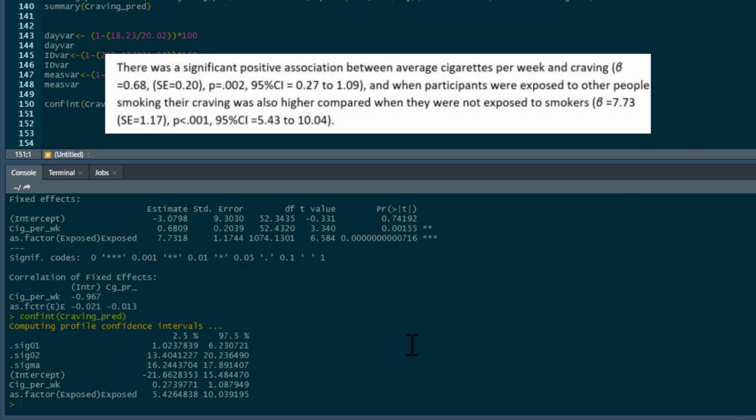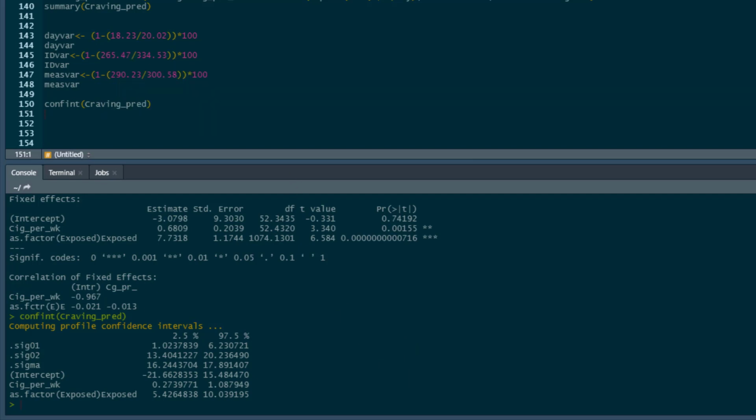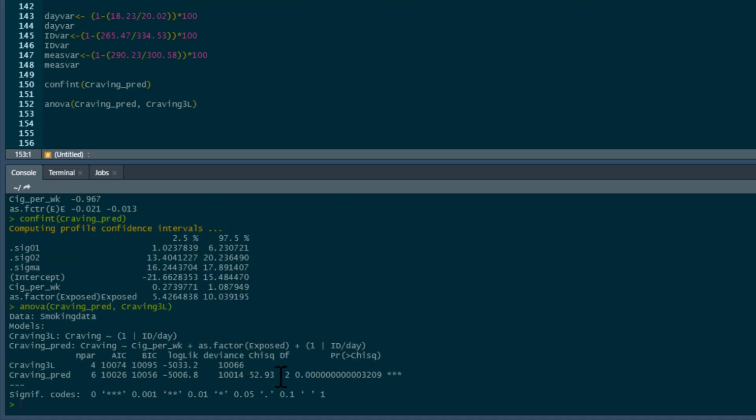Something else that you may wish to do is ask whether the model is better than the null model. So we're predicting a decent amount of variance at each level, but what we could do is an analysis of variance and compare the craving model with the predictors in it to the null model which just had the intercepts. So if you run that, there we go,